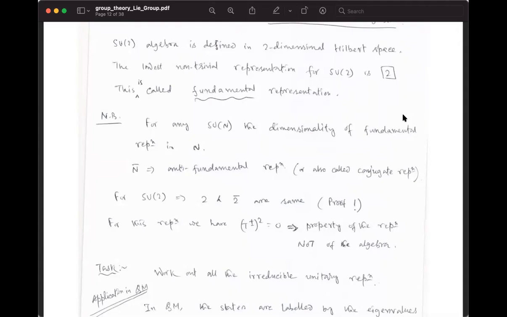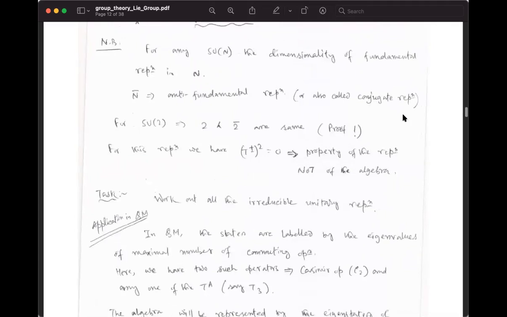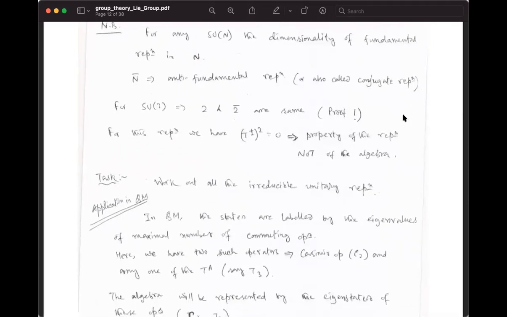Okay, so 2 bar is basically iσ2 times 2 star, or iσ2 times this (ψ1, ψ2) star, this column vector. That's the only thing you have to remember here: 2 star is not the correct SU(2) conjugate representation, but 2 bar is. And this is very useful when you talk about its application, specifically in particle physics.